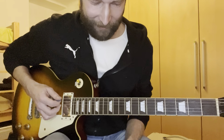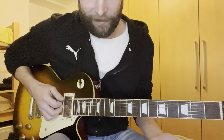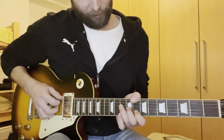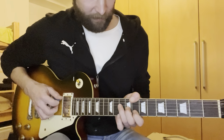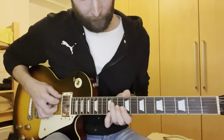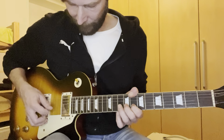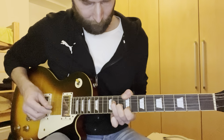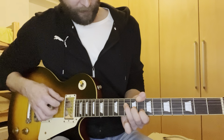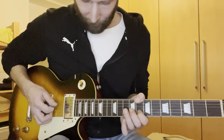And now there's something that I really like in his playing. It's like a little turnaround. When we go back to the D, he plays C major, C sharp major, and goes to the D7. But what he does is this. So I'll show you slowly. It's a C major, but you play it as an arpeggio in this case. So you play the bass,